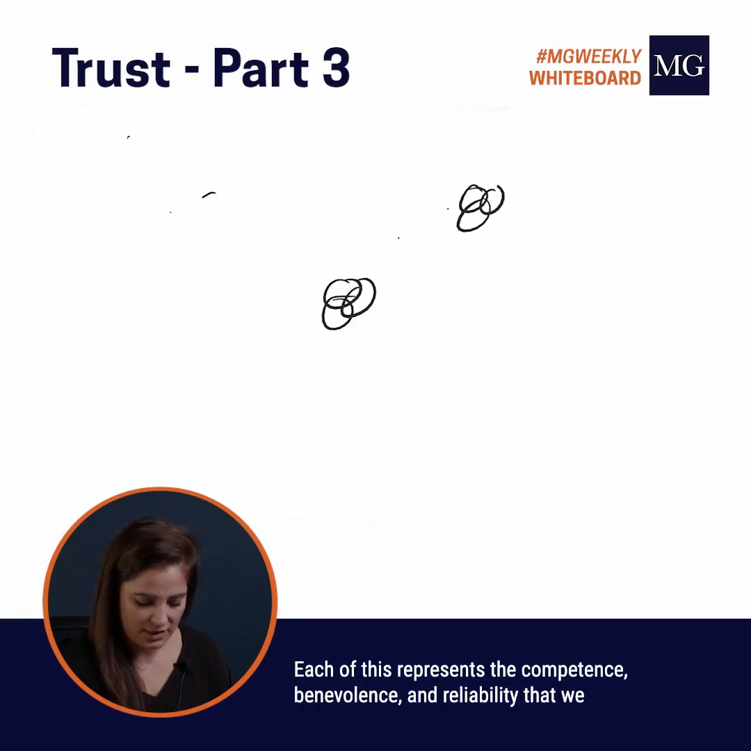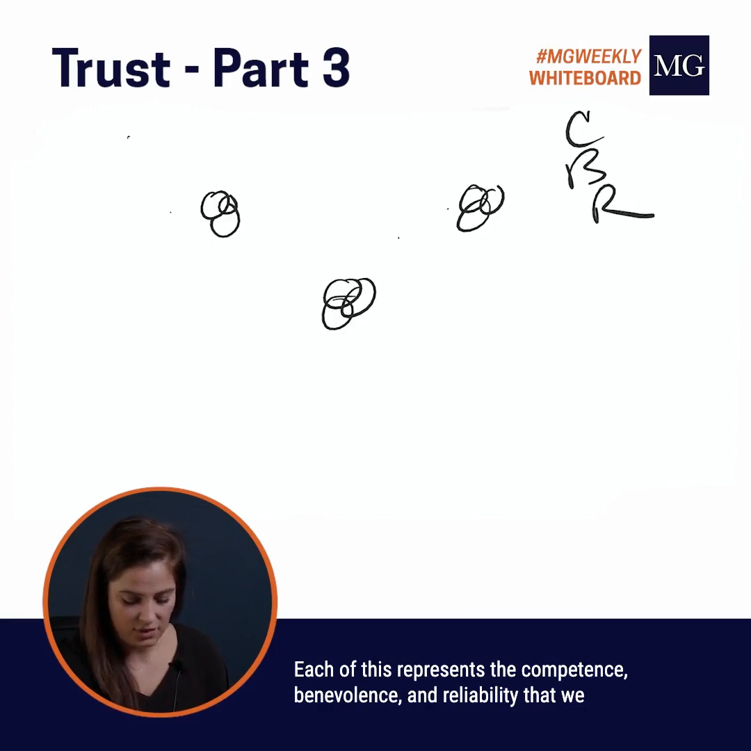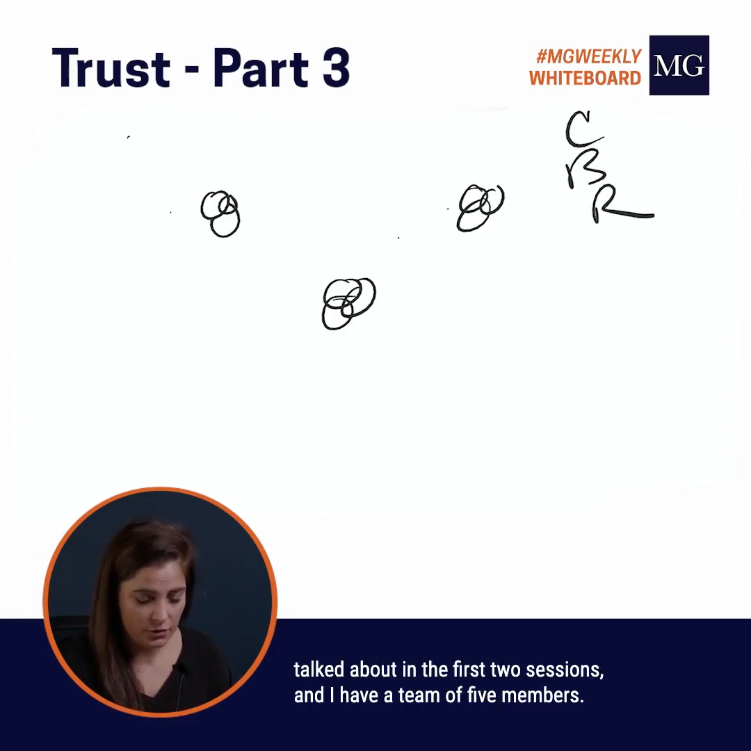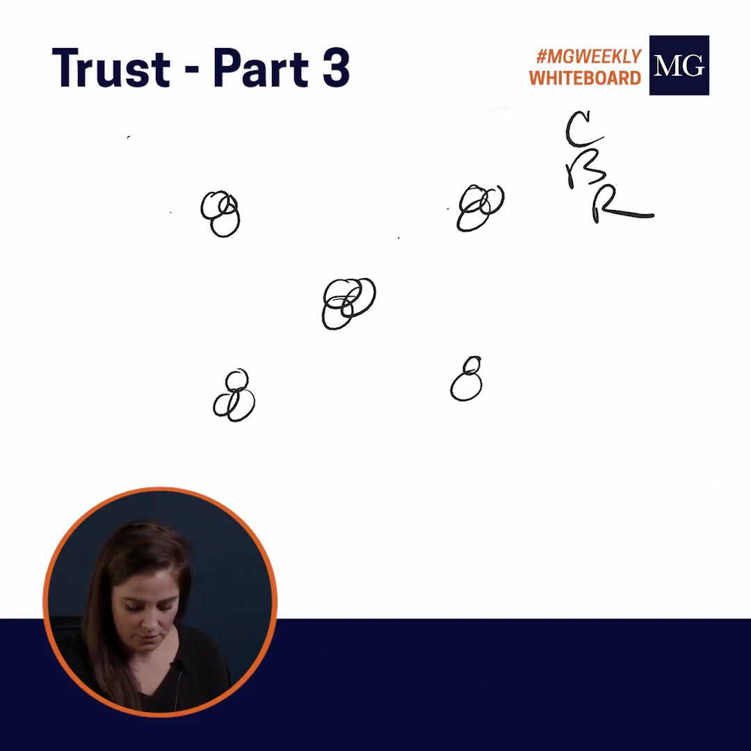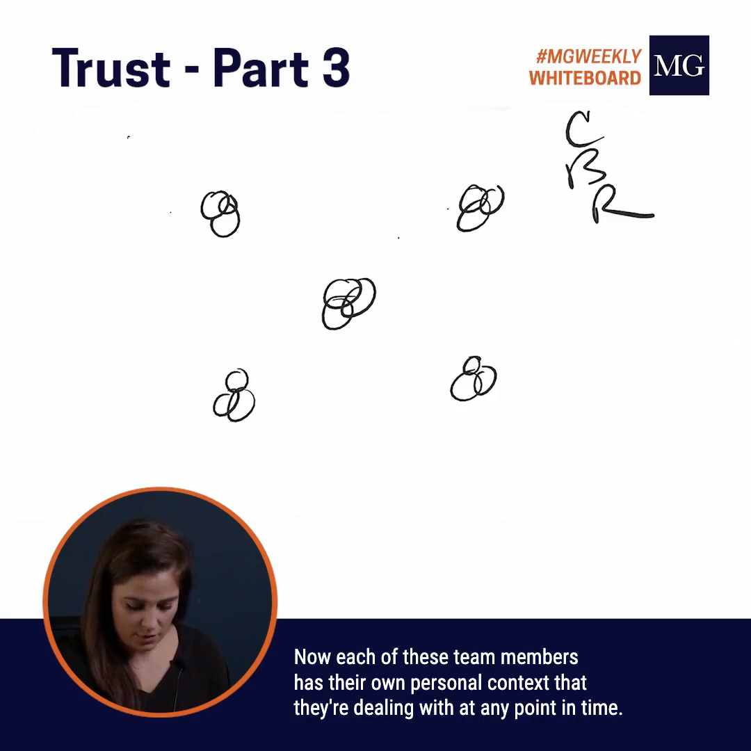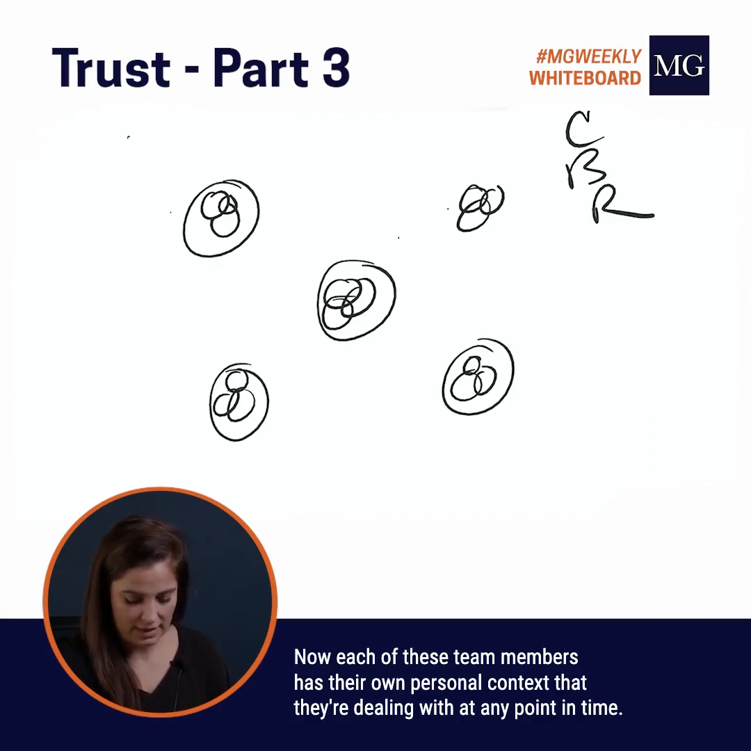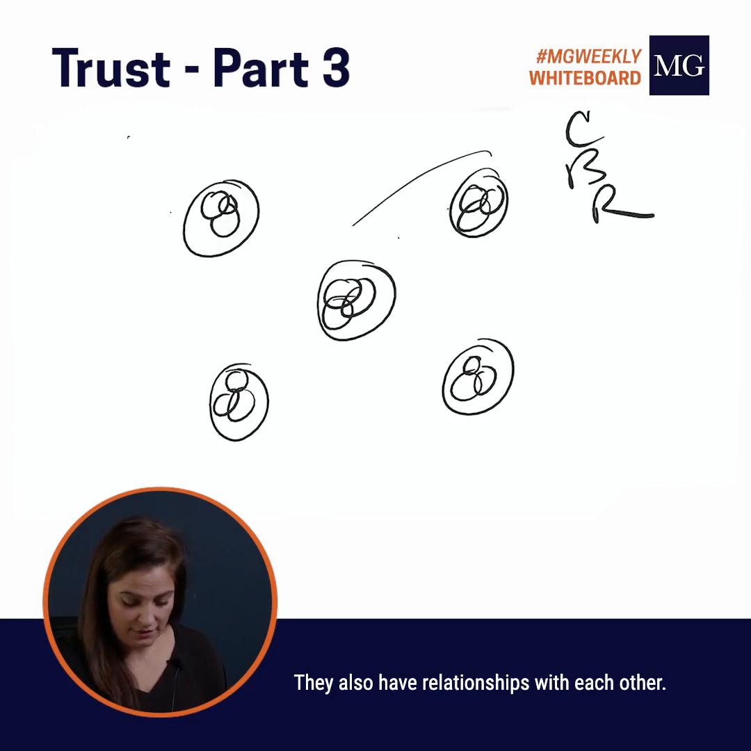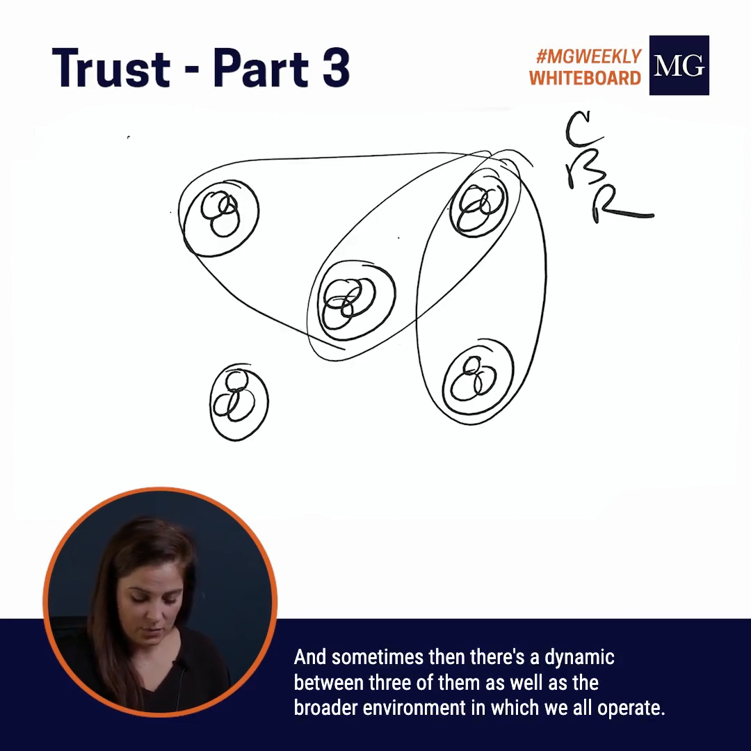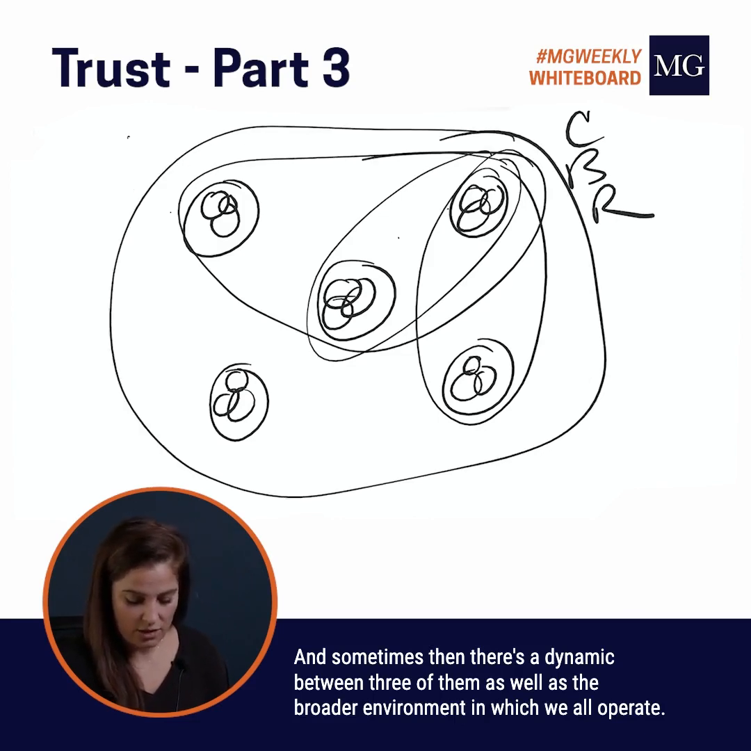We're going to go back to the Venn diagram drawings. Each of these represents the competence, benevolence, and reliability that we talked about in the first two sessions. And I have a team of 5 members. Each of these team members has their own personal context that they're dealing with at any point in time. They also have relationships with each other. And sometimes there's a dynamic between 3 of them, as well as the broader environment in which we all